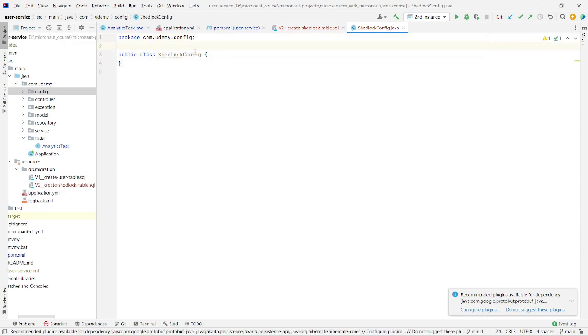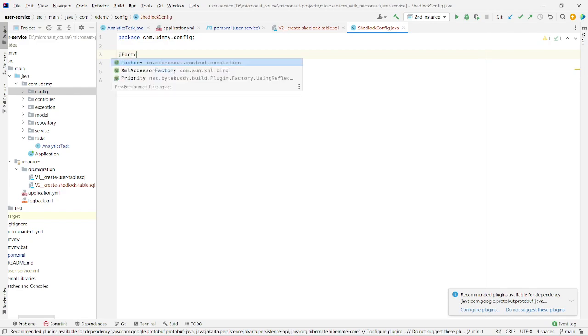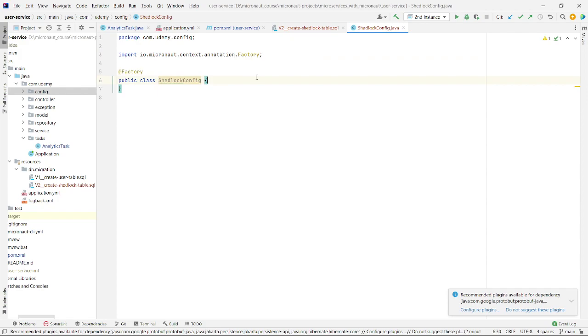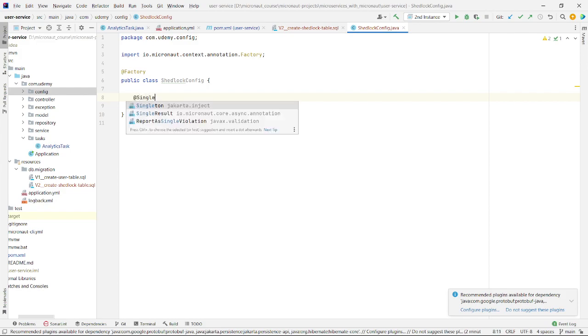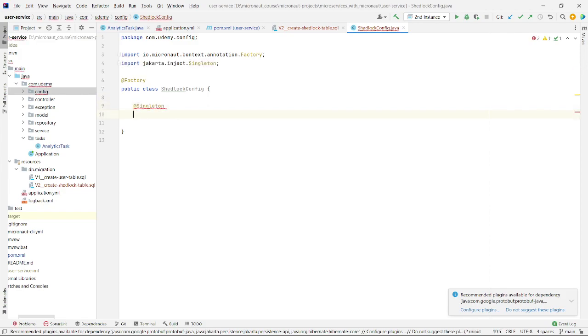We will annotate this with @Factory, and as we will be using the Micronaut JDBC lock provider, we will make this bean available. So public LockProvider,